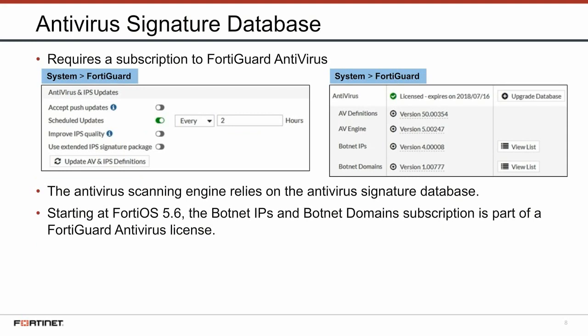You can update your FortiGate's antivirus database using the push method, schedule method, or both methods. Scheduled updates allow you to configure updates at regular intervals, such as hourly, daily, or weekly. You can also enable accept push updates, which allows you to add new definitions as soon as they are released by FortiGuard. This is useful for high security environments because FortiGate will receive urgent security updates as soon as they